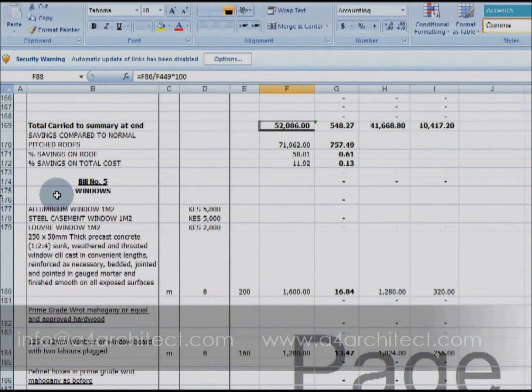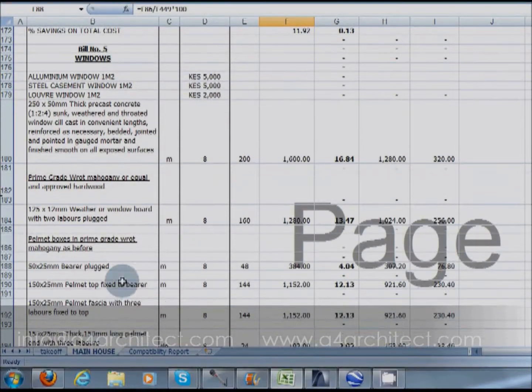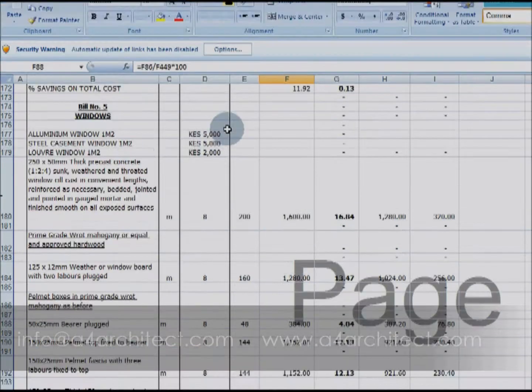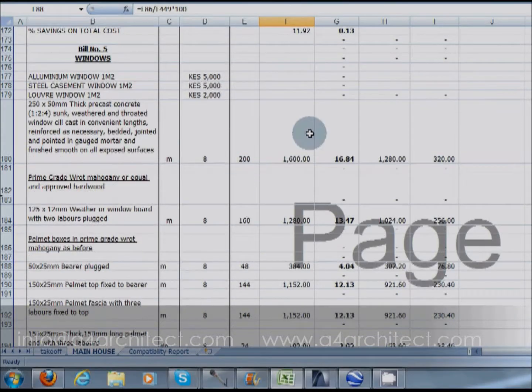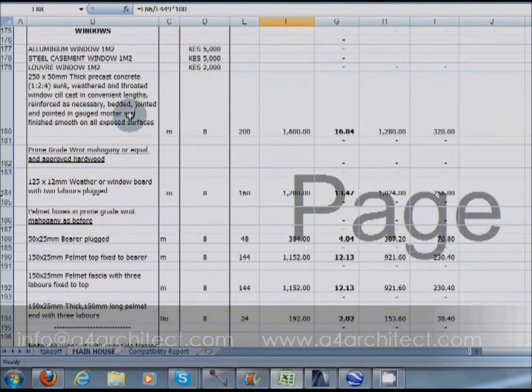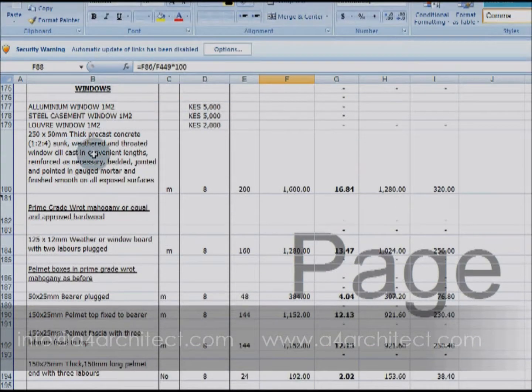Another area where the A4ARCHITECT.com diamond house plan methodology has worked upon is on the windows, and an aluminium window of a meter squared costs around 5,000 shillings complete with glass. Steel casement window of the same area costs around 5,000 shillings complete, and a louver window the same area costs around 2,000 shillings complete. Now with this, we've calculated it, broken it down, and we are going to have the